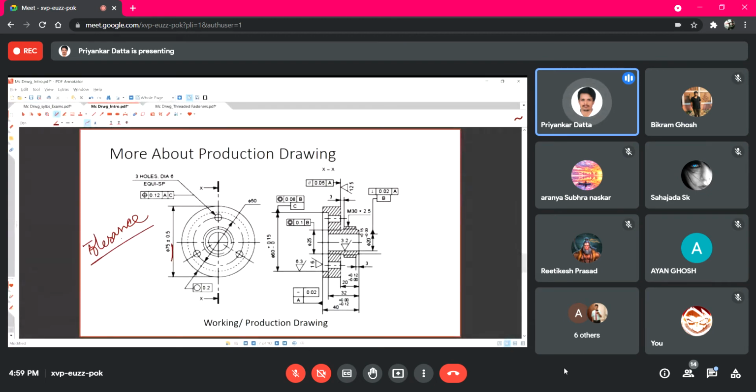But in reality, when you are trying to make a component by machining or casting or some other manufacturing process, it may be very difficult to get exactly 75 millimeter diameter. So to ease that error, or to minimize the error, instead of specifying exactly 75 millimeter diameter, the designer allowed some allowance or tolerance over the diameter.